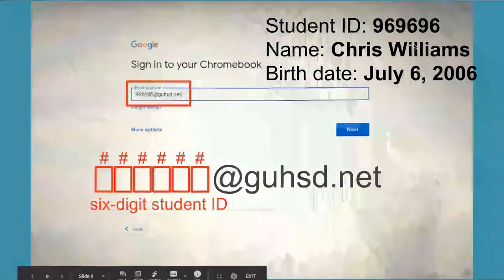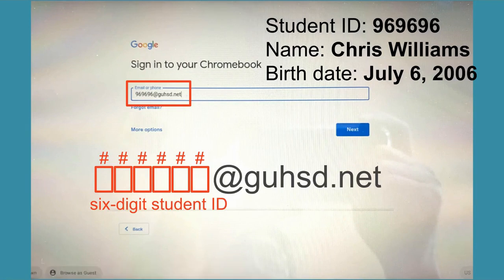On the next page, you'll be asked to enter your email. So let's go back to our example of our student, Chris Williams. We only need his student ID number because your email for school is going to be your ID number, 6 digits, at guhsd.net. So here you'll see I have put Chris's student ID number, which is 969696 at